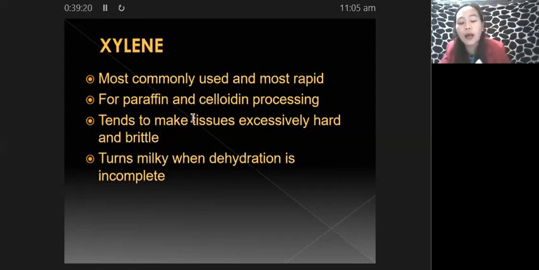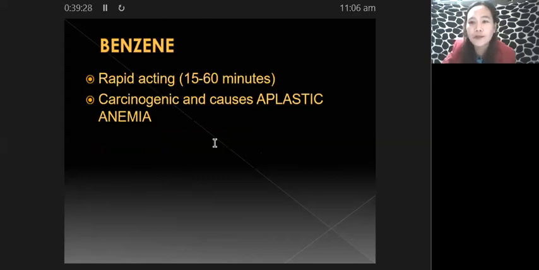All right, so another reagent that we can use for clearing is benzene. Yes, it's a favorite in the board exam. Benzene is rapid acting, just like xylene. So the clearing process may be completed within 15 to 60 minutes. However, if you are going to compare